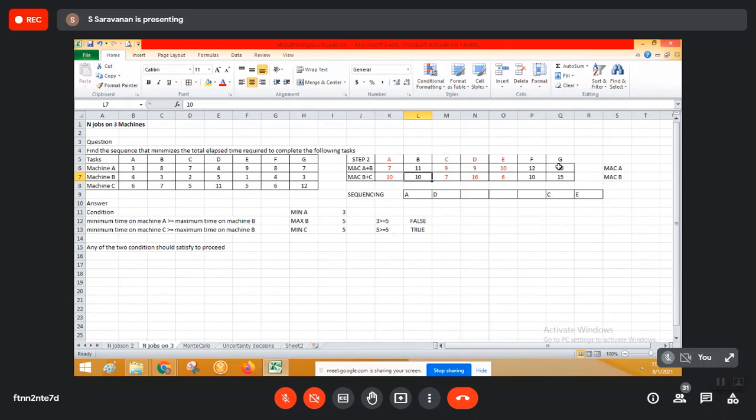So what we can do is first give priority to the machine here, right? Machine A, so if it is machine A, it is very simple. Machine A will always come from your left hand side position. So G can be used here. Okay, so this is arbitrary. We have to choose in a certain position. We need to just apply the logic. So G is being used.